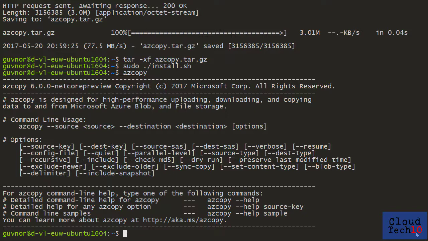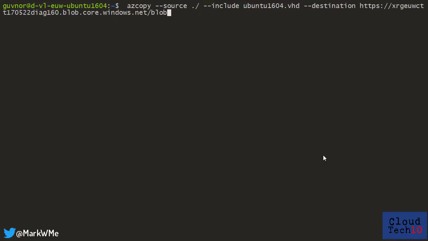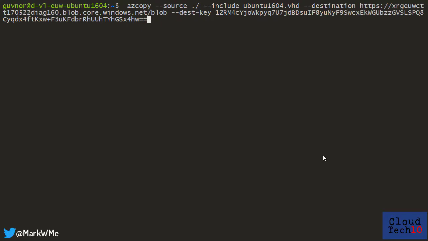I've got a VHD file that I want to copy to my Azure blob storage. To do this with AzCopy, I provide the details of the source directory and file. In this case, it's just one file, but AzCopy can also handle copying multiple files. Next, the details of the blob storage container that I want to copy the VHD file to, and finally, the access key. AzCopy is designed to provide high performance, so my upload, which in this case is 1 GB, completes